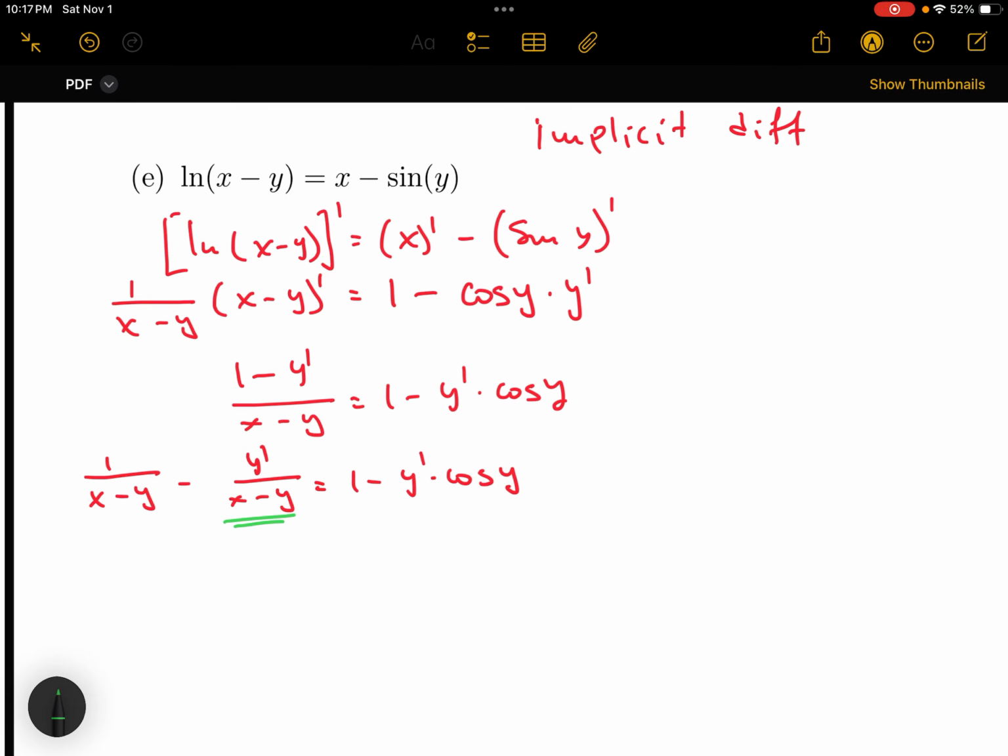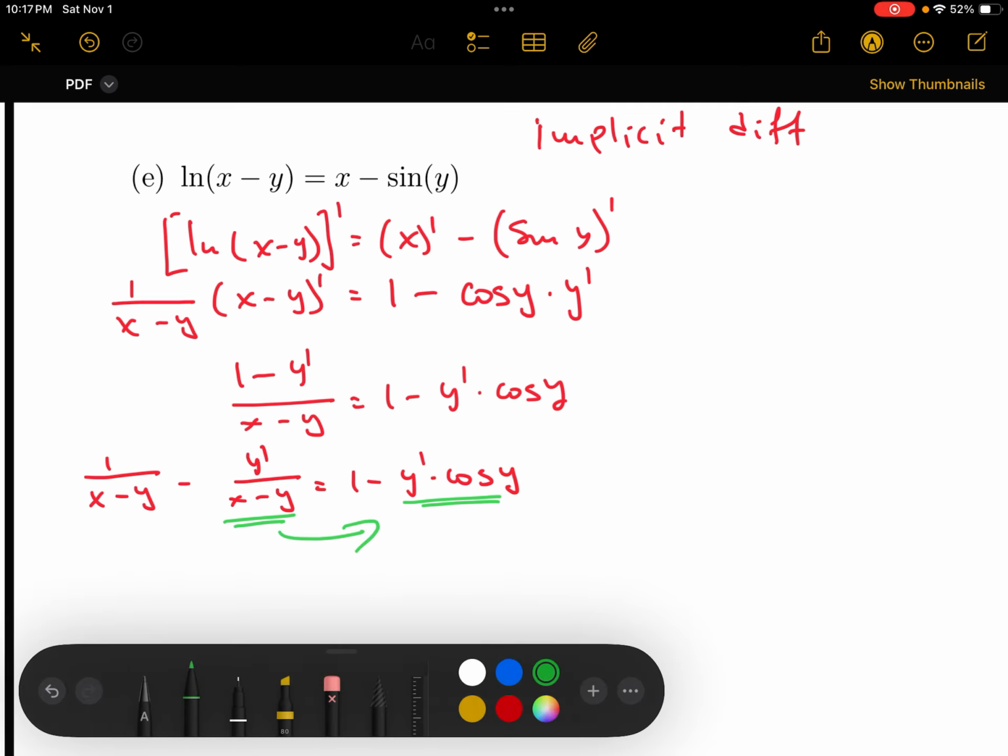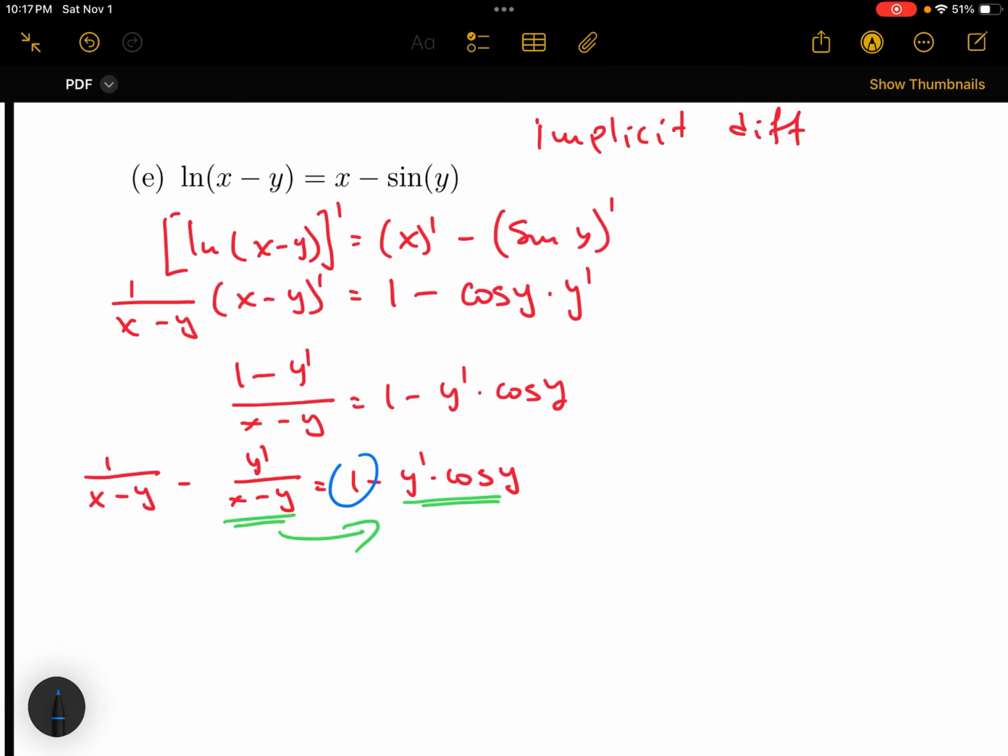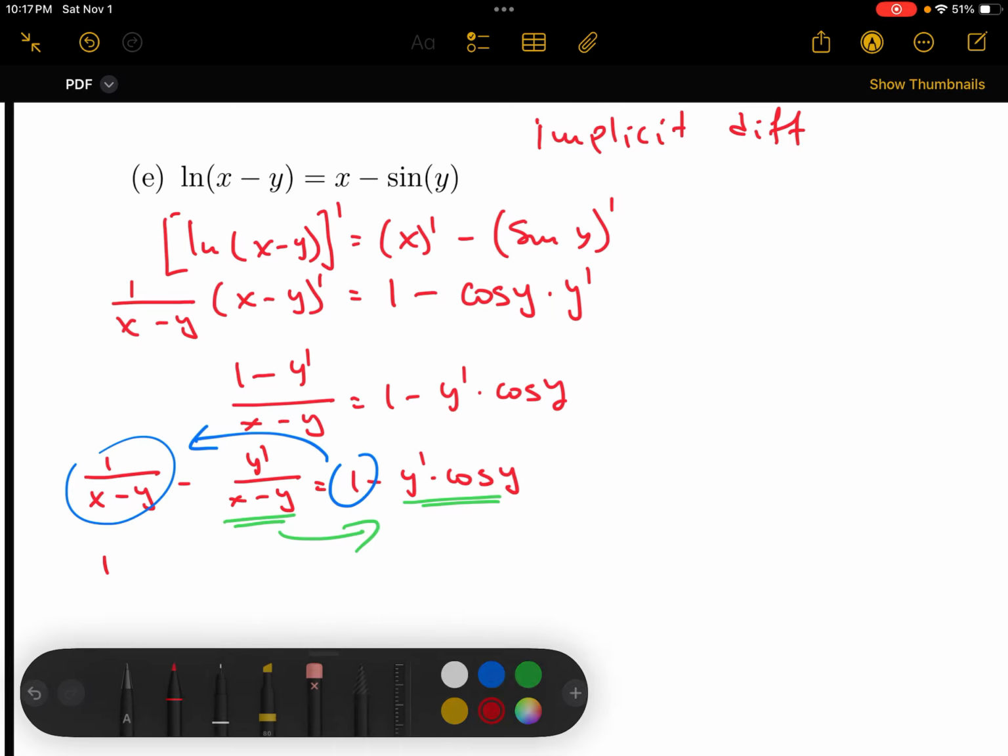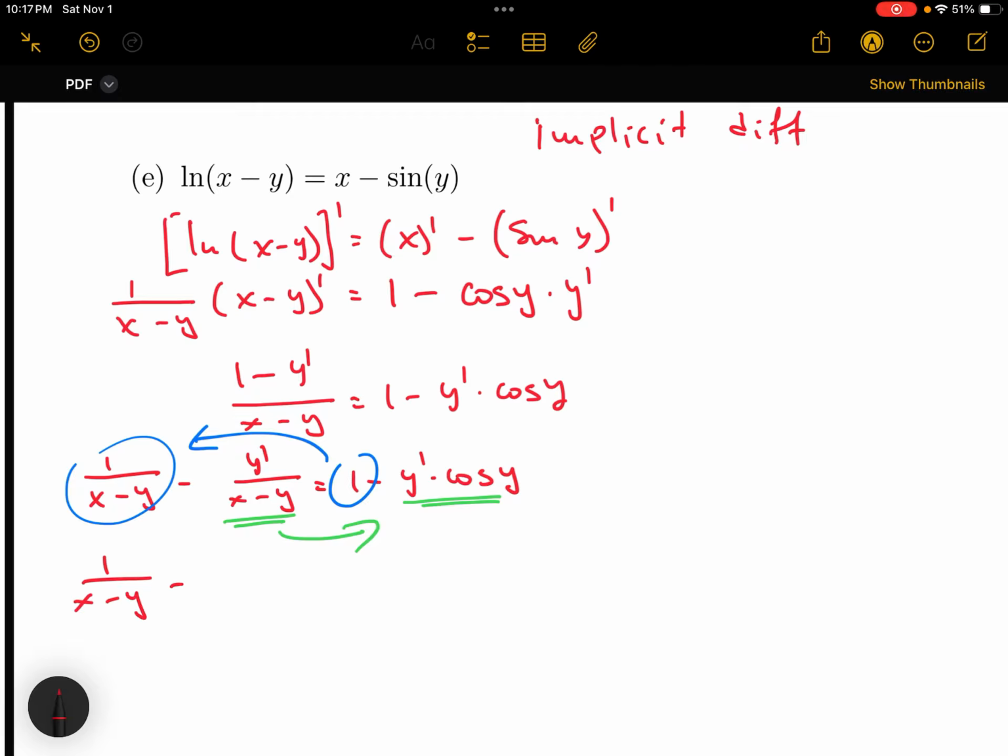Now identify the functions that include the factor y prime and bring them on one side of the equation, and everything else that doesn't have y prime bring it on the other side of the equation. Okay, that brings us to 1/(x - y) - 1 is equal to y prime over (x - y) - y prime times cosine of y,